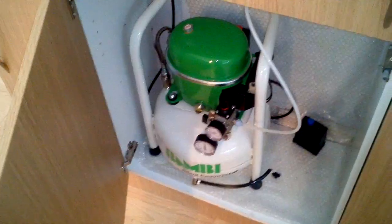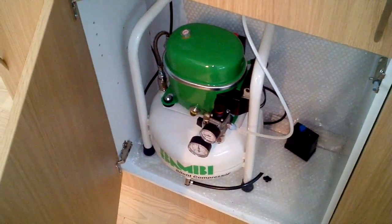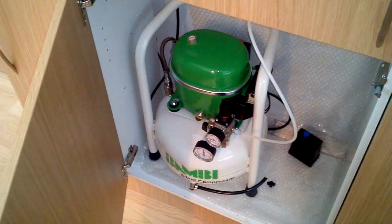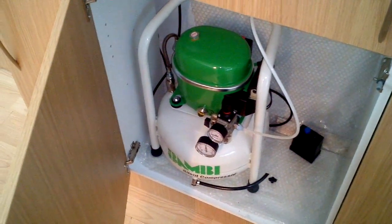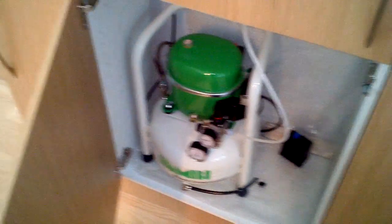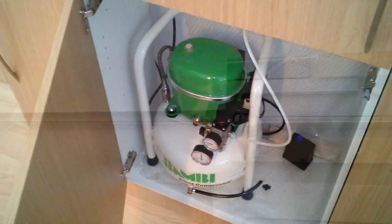And here we have a rather large compressor. I used to have another compressor, but it was so loud it was like a jet taking off, so I had to go for a slightly more expensive compressor, but it does a good job and it's about the same sound level as a fridge compressor, so it's not too...